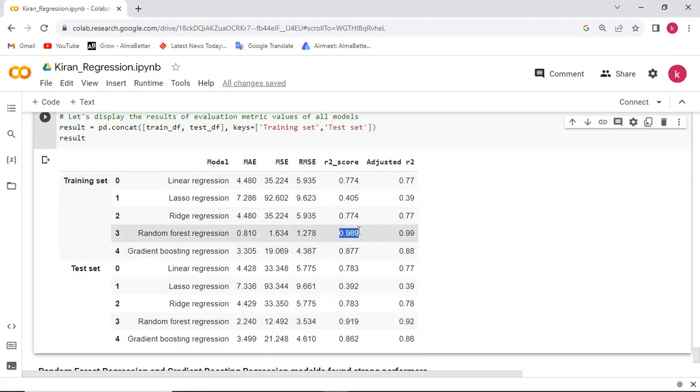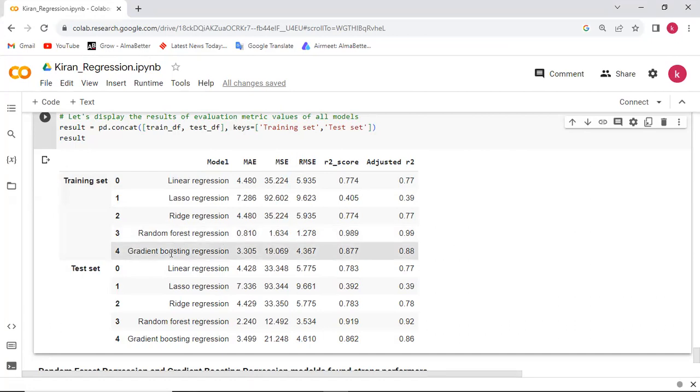If the R square value is high, it is better for the model, because it gives good results. For gradient boosting also the R square value is very good. So among all five models, random forest regression and gradient boosting regression are the best performers.